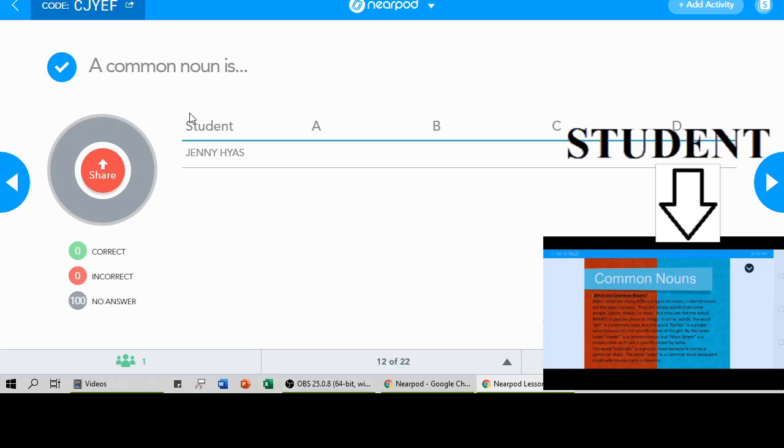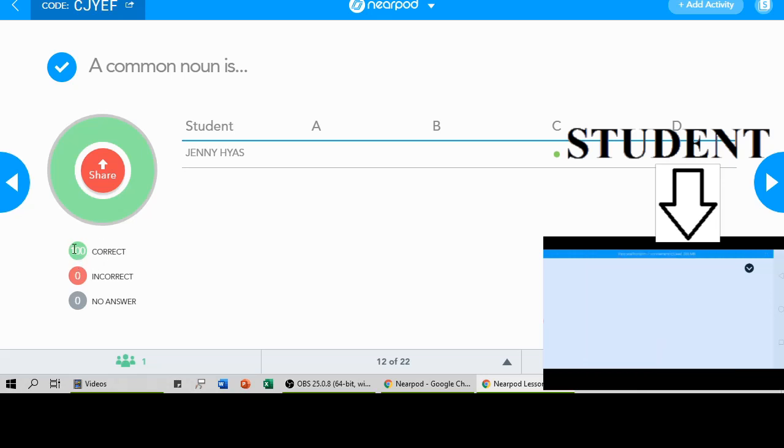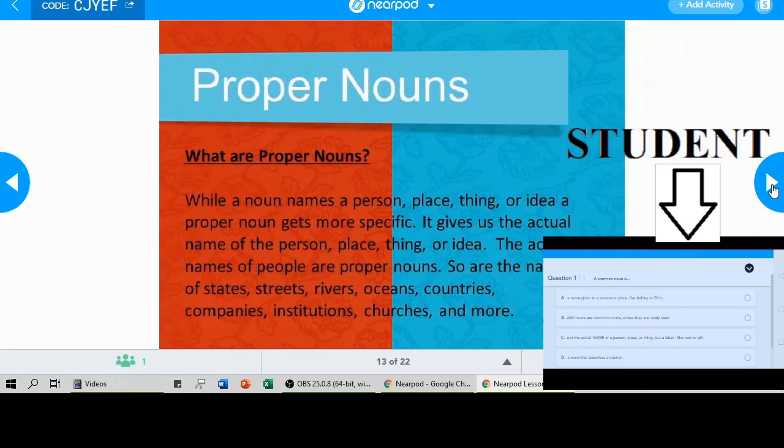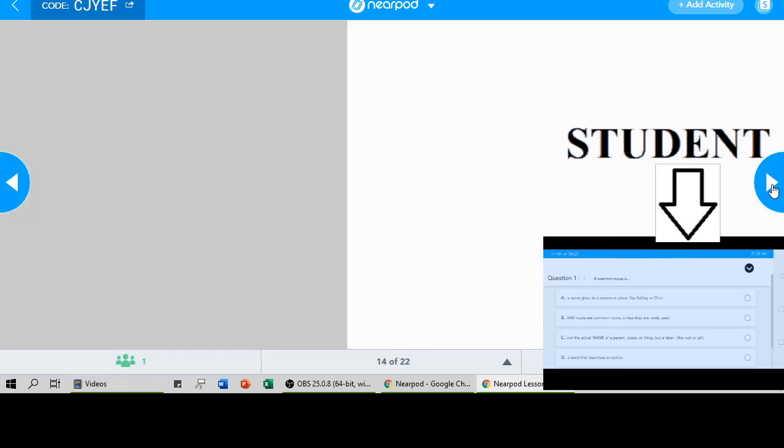So Jennyhiyas, she answered letter C, meaning she got 100%, which is correct. C is the correct answer. Click the arrow button on the right side to proceed. Next,